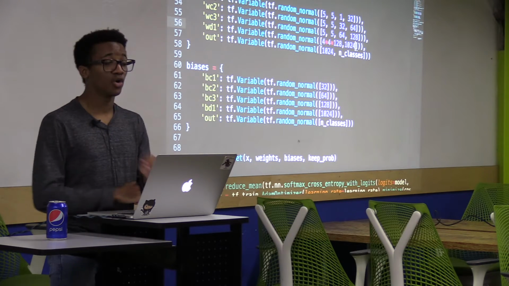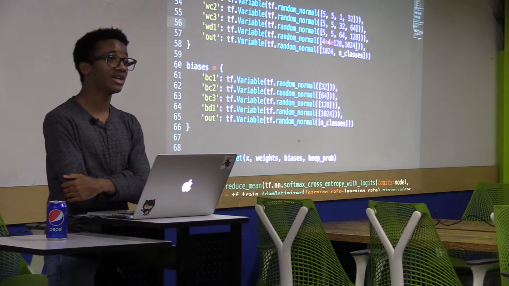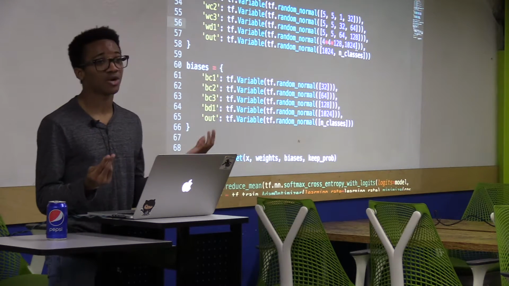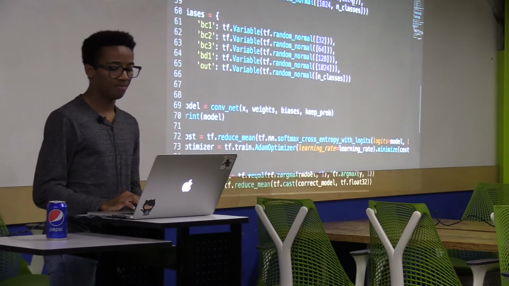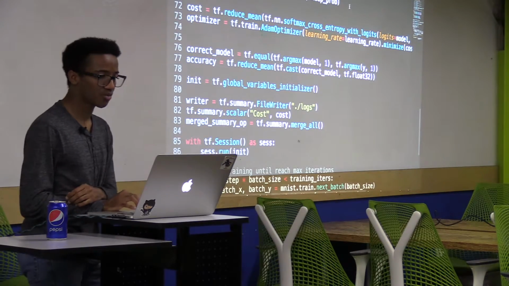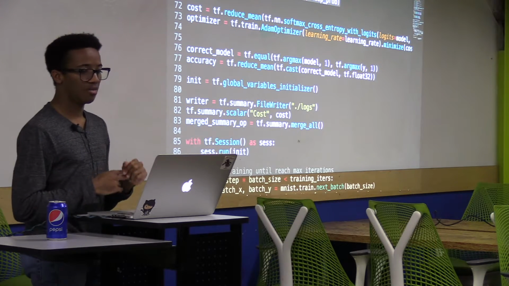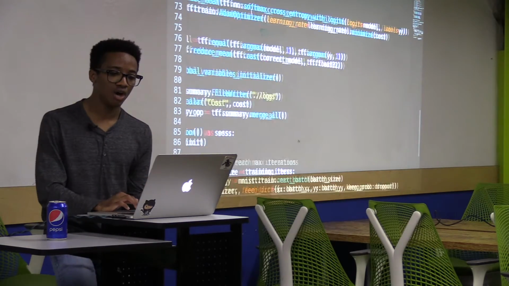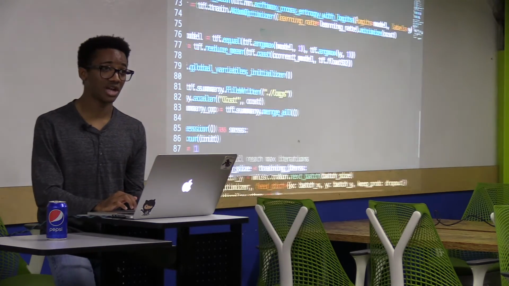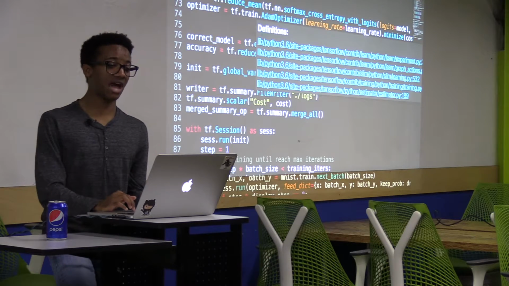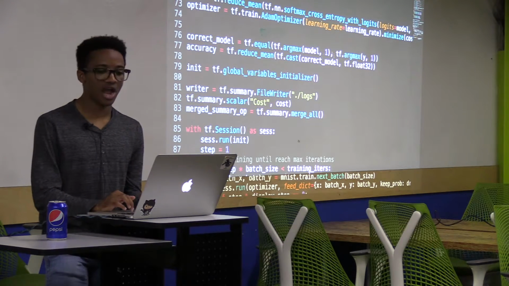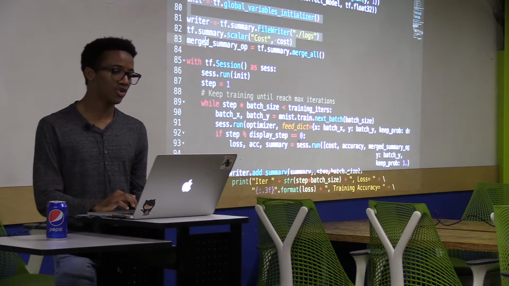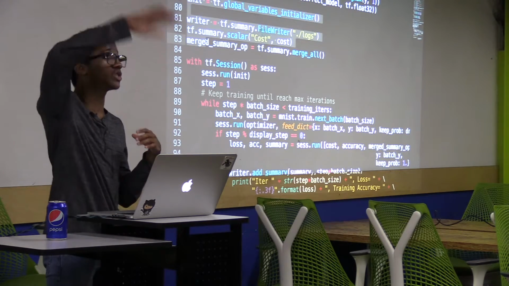Going into the actual final answer of whether it's a cat or a dog, or in this case, whether it's a 0, 1, 2, 3, etc. And then the same thing, you set up your model with all these things. You define your cost function, which in this case is softmax again, passing in the labels and what I want to classify it as. You have your optimizer, which is again Adam, and then you have your accuracy scores, your correct model, and then in TensorFlow